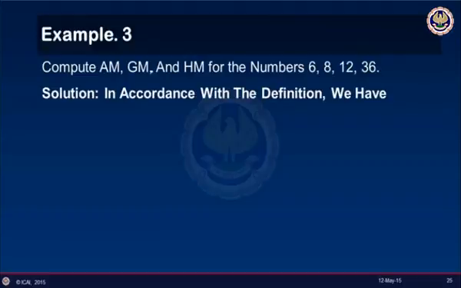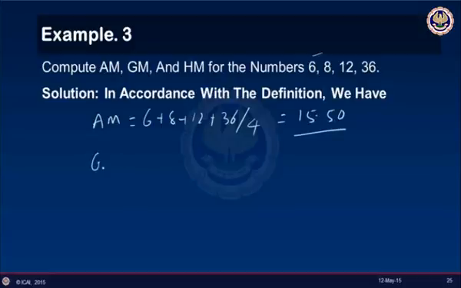Compute the AM and GM and HM for the numbers 6, 8, 12 and 36. Now, according to the definition, the AM of four numbers is (A plus B plus C plus D) by 4. So 6 plus 8 plus 12 plus 36, all divided by 4, is 15.50. That is the AM. And the geometric mean is 6 into 8 into 12 into 36, whole to the power of